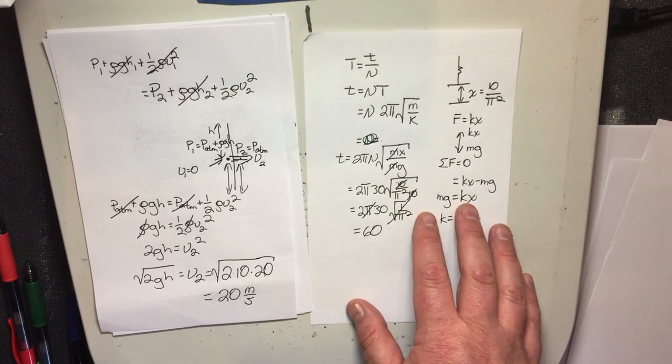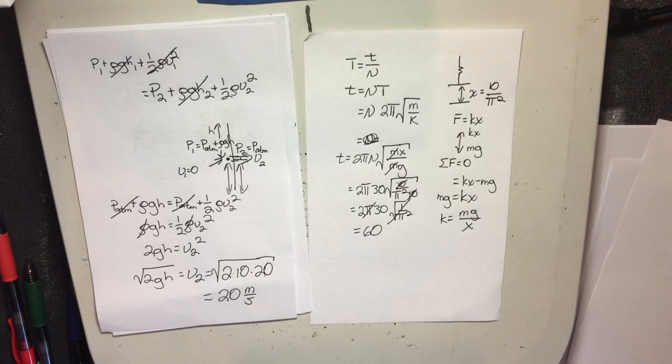So for the appetizer, the period is total time divided by number of oscillations. So the total time is number of oscillations times the period. You substitute in for the period. Now the problem with this